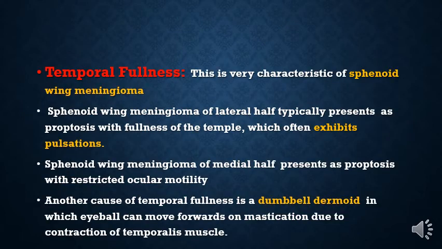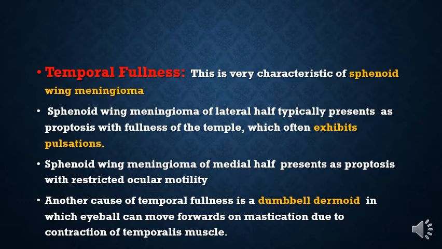Coming to temporal fullness, this is very characteristic of sphenoid wing meningioma. Sphenoid wing meningioma of the lateral half typically presents as proptosis with fullness of the temple, which often exhibits pulsations. Sphenoid wing meningioma of the medial half presents as proptosis with restricted ocular motility. Another cause of temporal fullness is a dumbbell dermoid, in which the eyeball can move forwards on mastication due to contraction